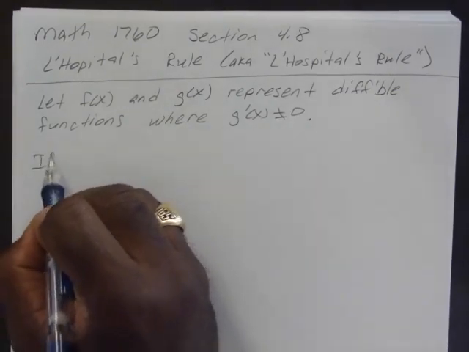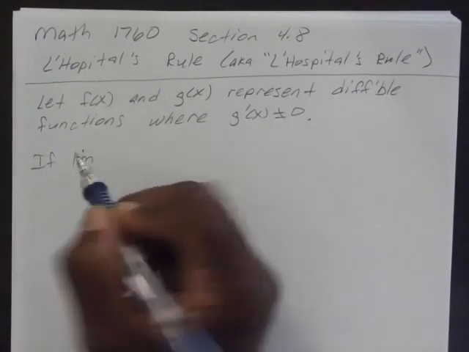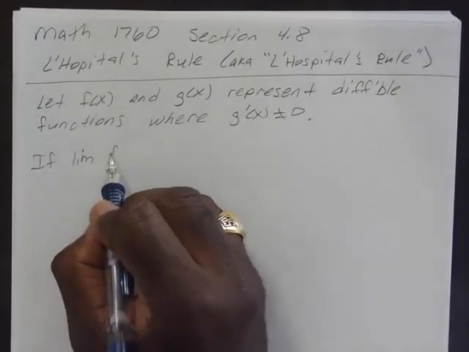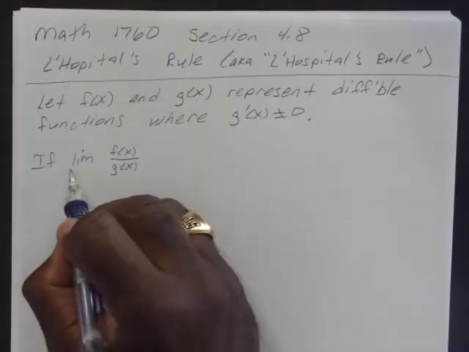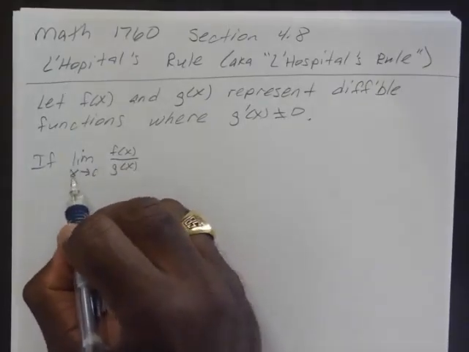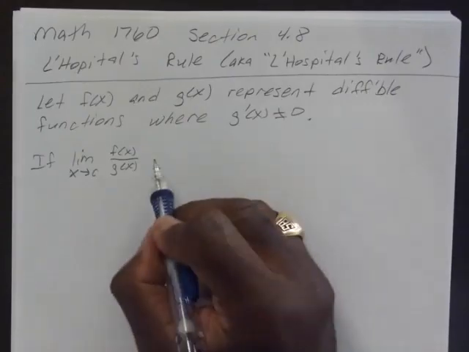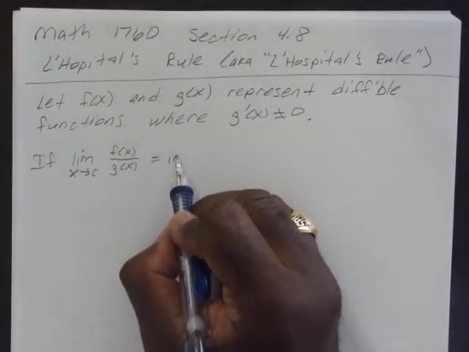Okay. So if the limit of f of x divided by g of x as x approaches some value c equals an indeterminate form,